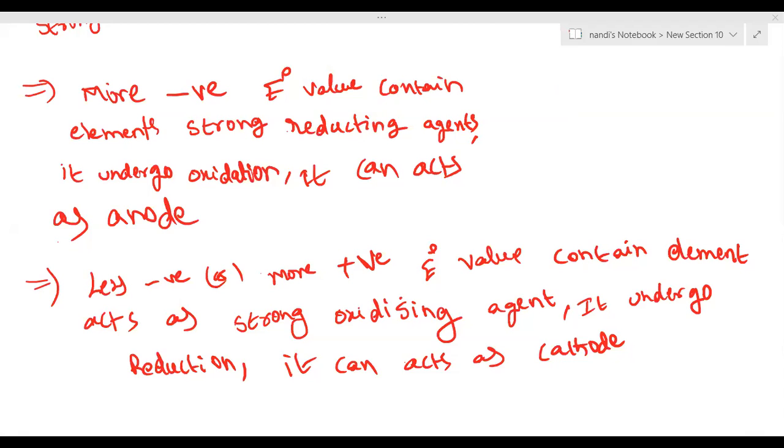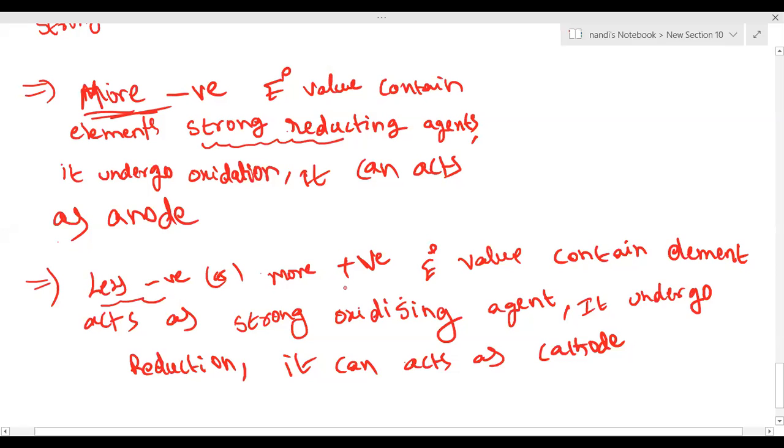What is the first term, sir? Which is more negative value? Is it clear? More negative E naught value can act as strong reducing agent. For oxidizing agent, less negative or positive, that depends upon comparison, sir. Whom we are comparing. Clear? One example I will give, then you can try to close today. I think class is going to end. We'll see that one example.